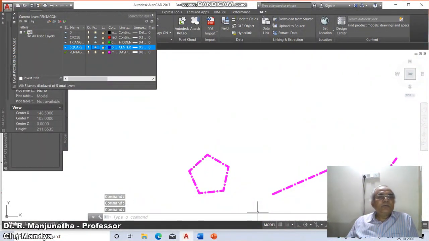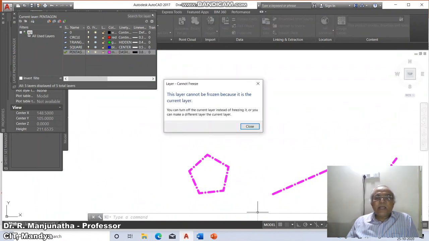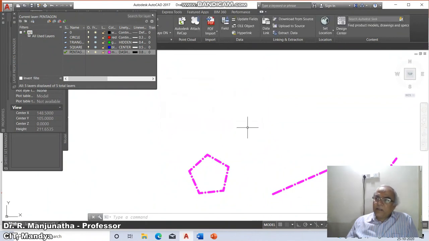Now when we try to freeze this pentagon, it says this layer cannot be frozen because it is the current layer. So the current layer can never be frozen, but the current layer can be switched off. This is the basic difference between freeze and off. But what is the advantage of using off and freeze?